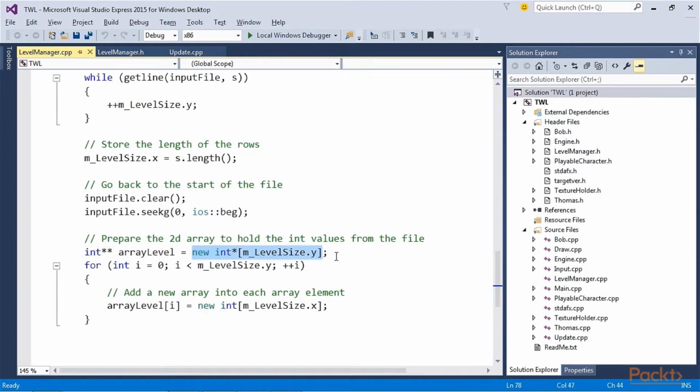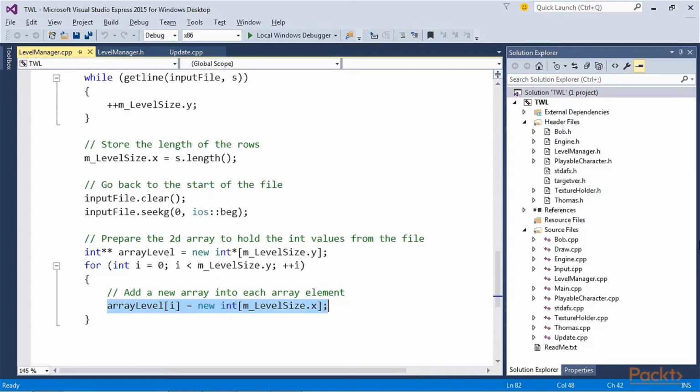Once we have initialized this two-dimensional array, we will be able to return its address to the calling code, and it will persist until we either delete it or the game is closed. This for loop loops from 0 to m_LevelSize.y-1. In each pass, it adds a new array of int values to the heap to match the value of m_LevelSize.x.